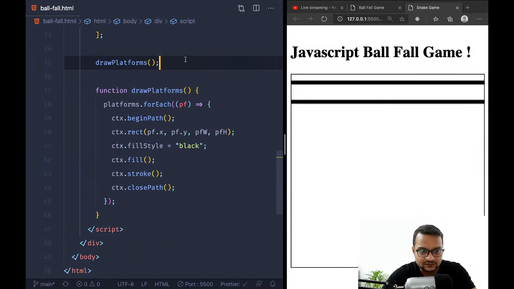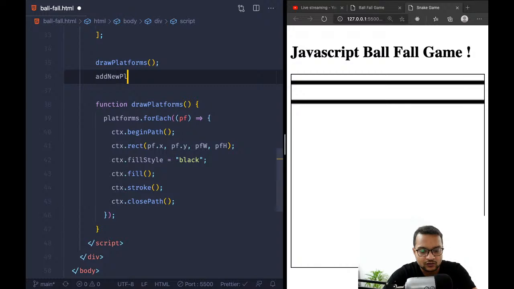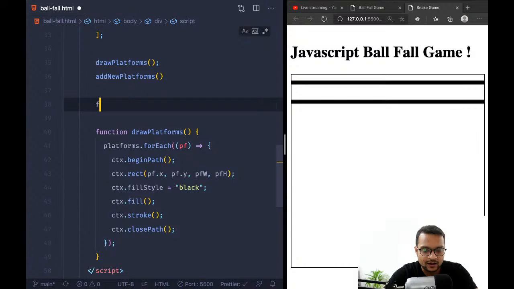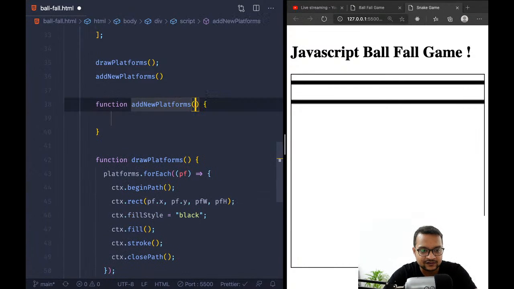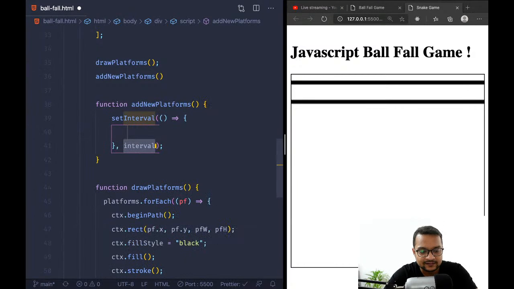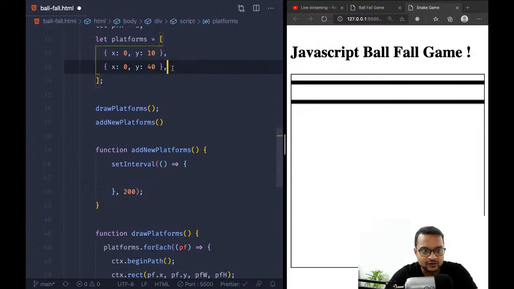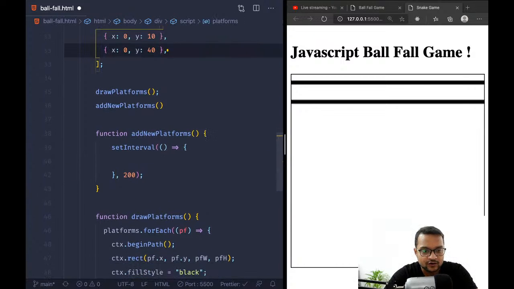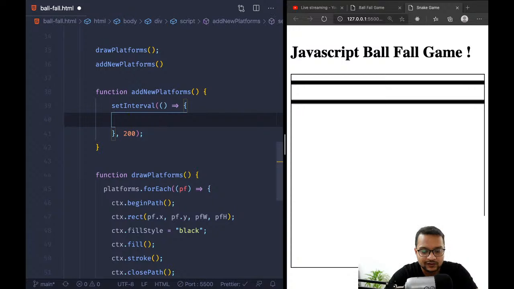So we need to add new platforms. This is going to be easy. How? Let's create new platforms with set interval, and every 200 milliseconds I am going to add one more. So I say platforms.push, pushing this one. Instead of 40 I say 60. So if I save it,